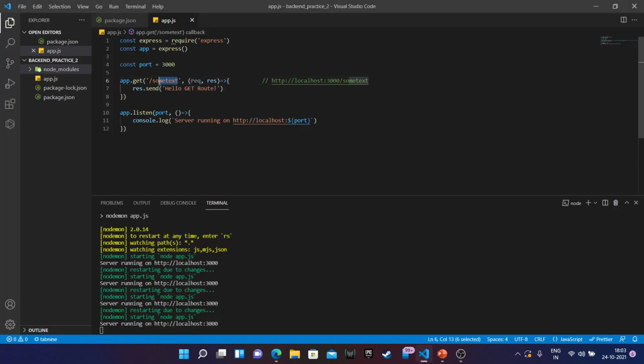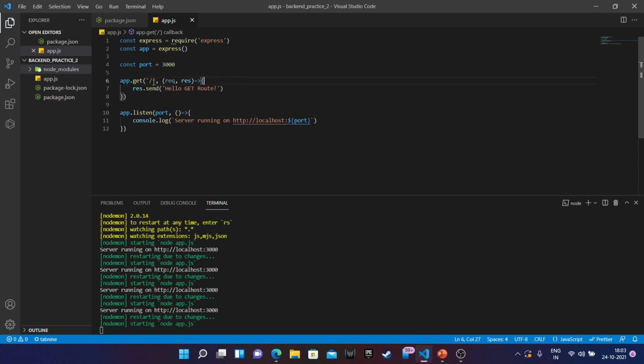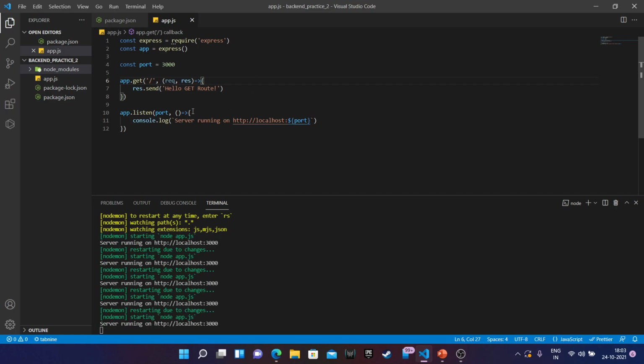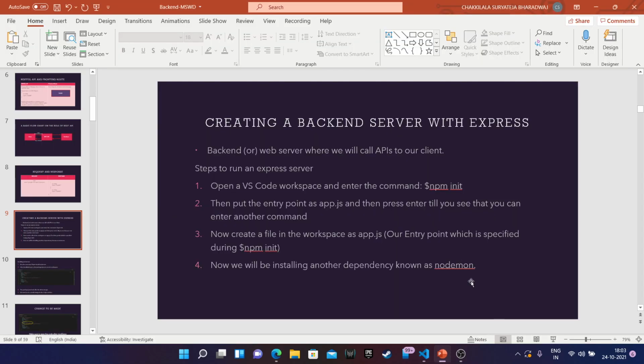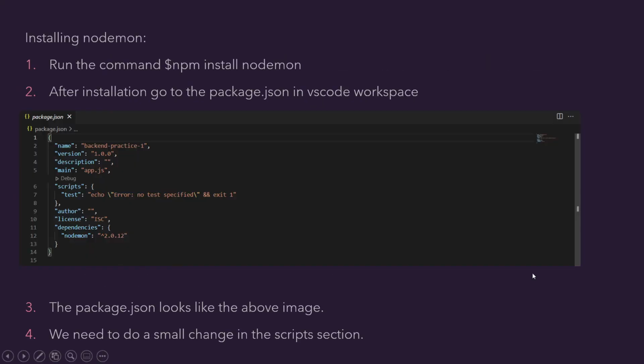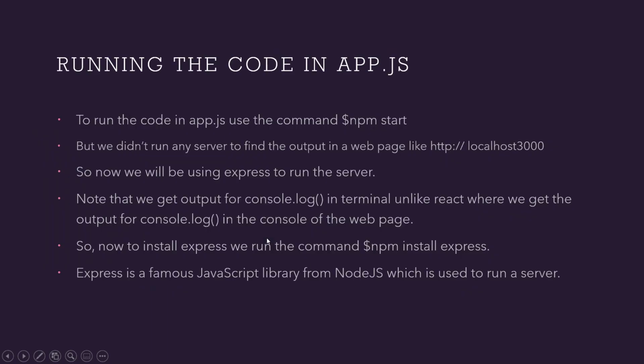I'll change it back to how it was. So this is how we run a server using Express.js. Let's get back. Now we have covered all this: npm install, package.json we have updated, and we made a small change to node app.js, and we'll be running the server using Express.